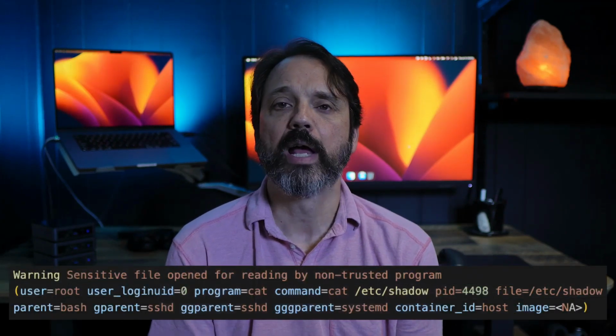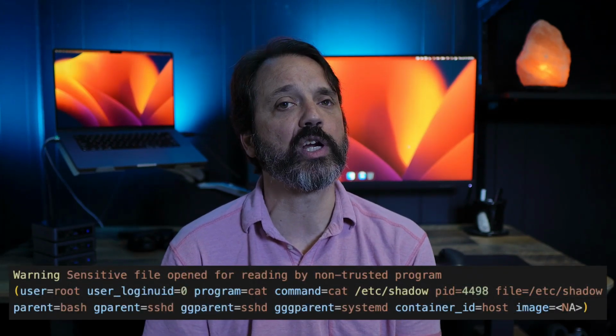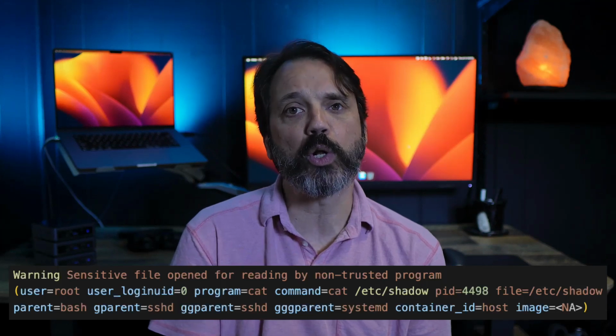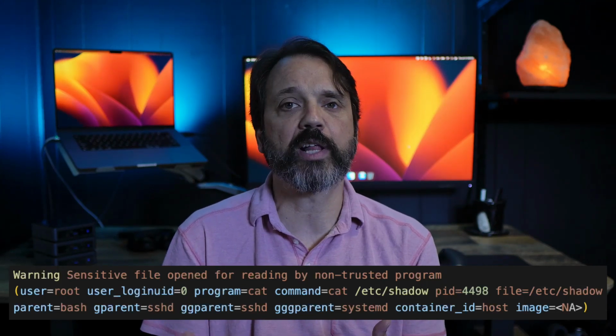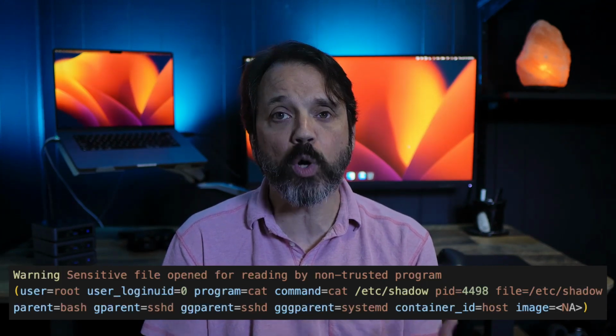So, if you look here on the screen, you see some Falco output. And now notice all the details in here about the file name, the user, the GUID, etc. When I first saw this, I didn't think anything about it because of course Falco is going to give you